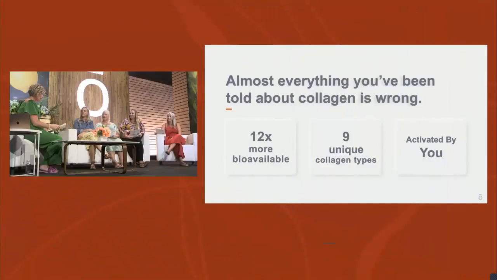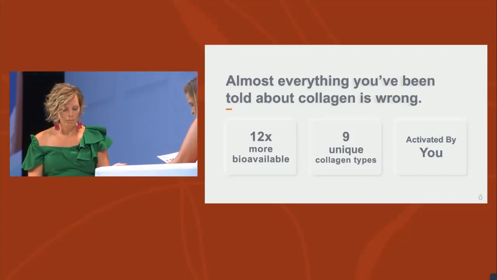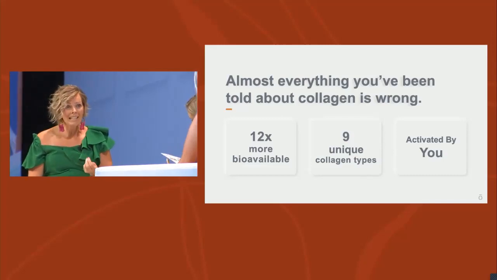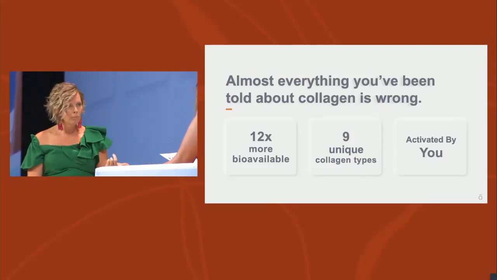So let me give you some highlights of why collagen and MetaPWR Advantage is superior to probably anything else you've ever tried. First, it's 12 times more bioavailable or absorbable than other collagen products. That means you'll absorb approximately 12 times more into your cells with MetaPWR Advantage than you would with maybe a product from Amazon. Second, most collagen replacing products only feature 1 or 2 collagen types. MetaPWR Advantage has 9 different types of collagen for you. So you get the benefits of the beauty, and you recover faster from workouts, gain an edge with flexibility in your joints, move with more ease, all that no matter your age.